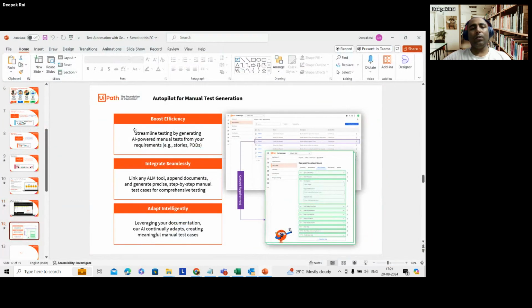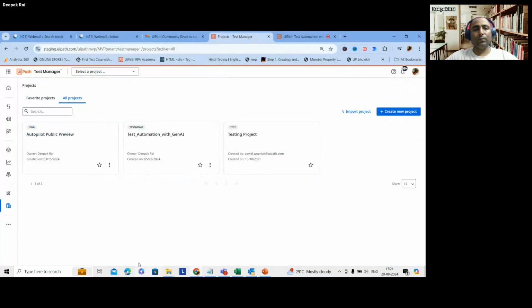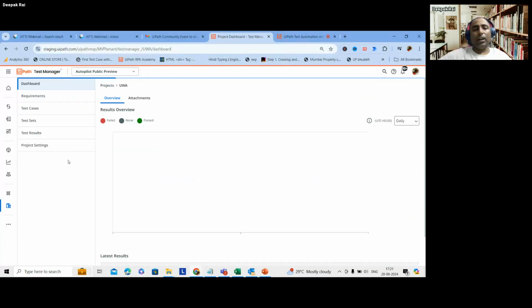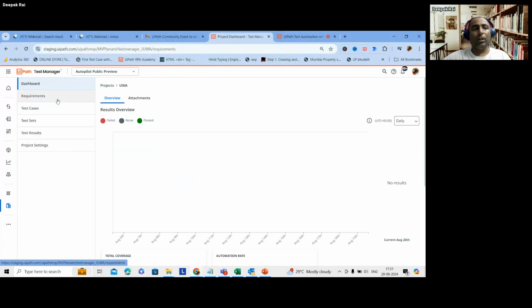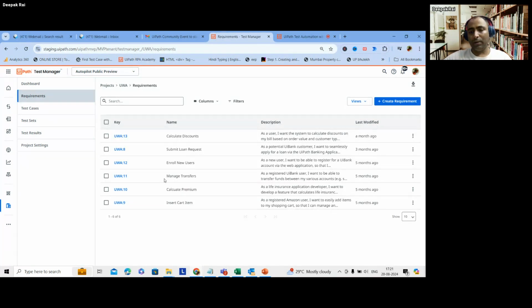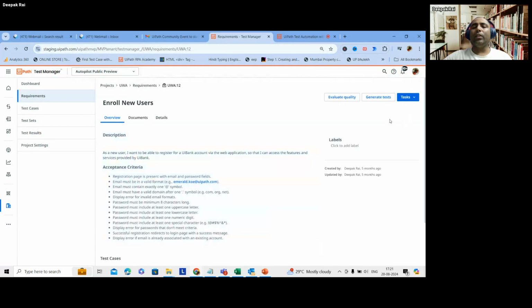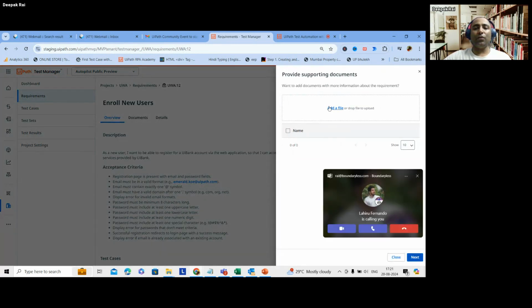Now, let me jump into the demo, then I will explain the other parts. So this is my Test Manager. I've already created one project. Inside the requirements, you can see I have multiple requirements. I will select any of those requirements, and here, if you have Autopilot enabled, you can see these two options. First,